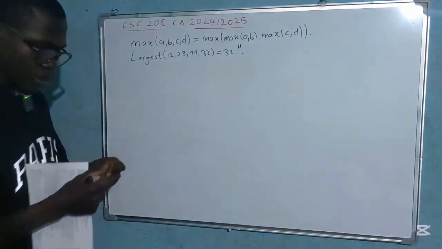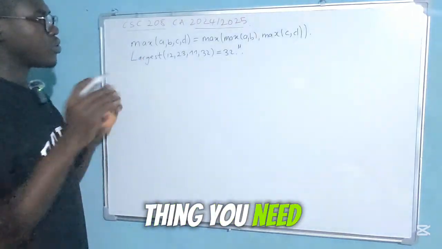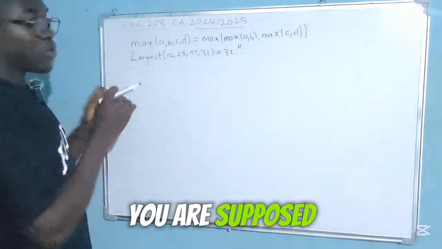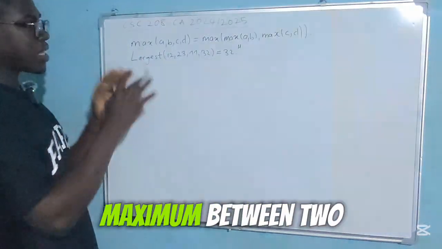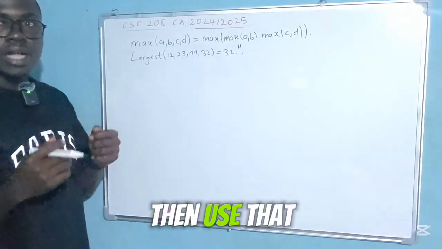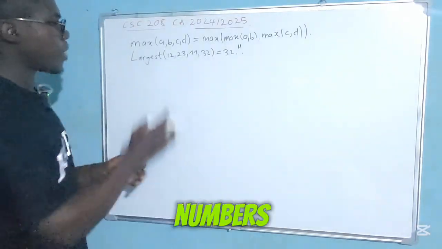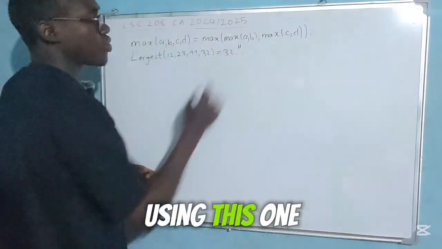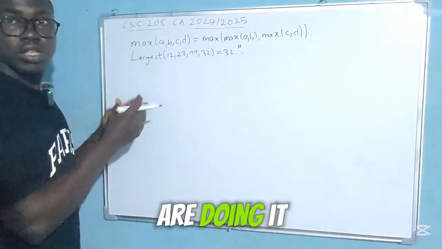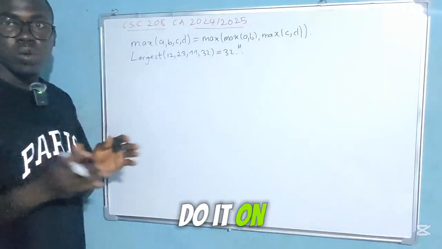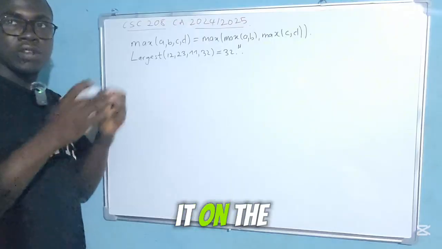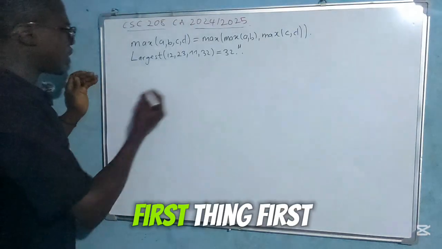Okay, so the first thing we need to do here, we are supposed to write a function that finds the maximum between 2 numbers, then use that to find the maximum between 4 numbers using this code given here. So since we are doing it using C program, let's start. We do it on the whiteboard first, then we'll implement it on the phone to see the results. First thing first,